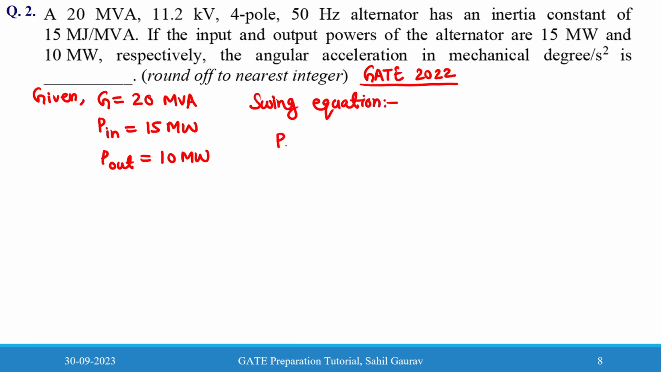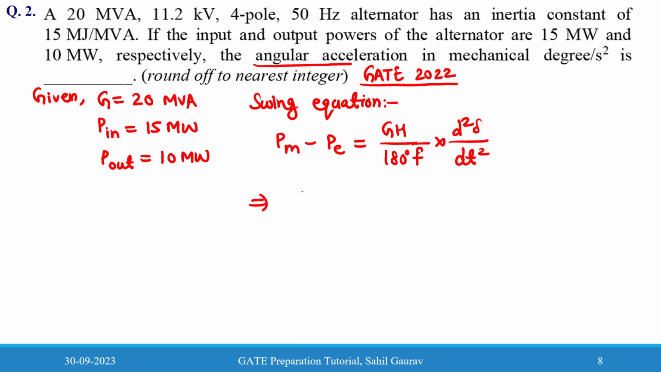Swing equation, we know that Pm minus Pe is equal to GH divided by 180 degree F into d square delta divided by dt square. So here the angular acceleration has been asked, that is d square delta divided by dt square. So we will get Pm minus Pe, that is 5 megawatt, and here G is given as 20 MVA,